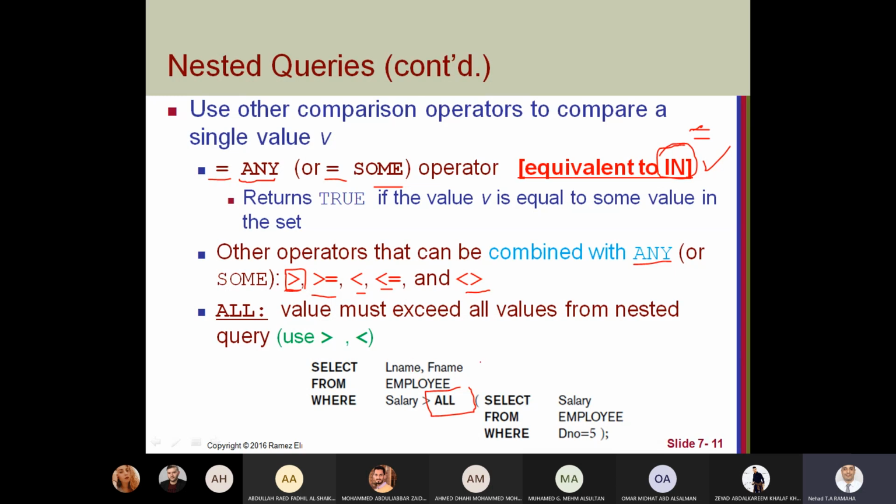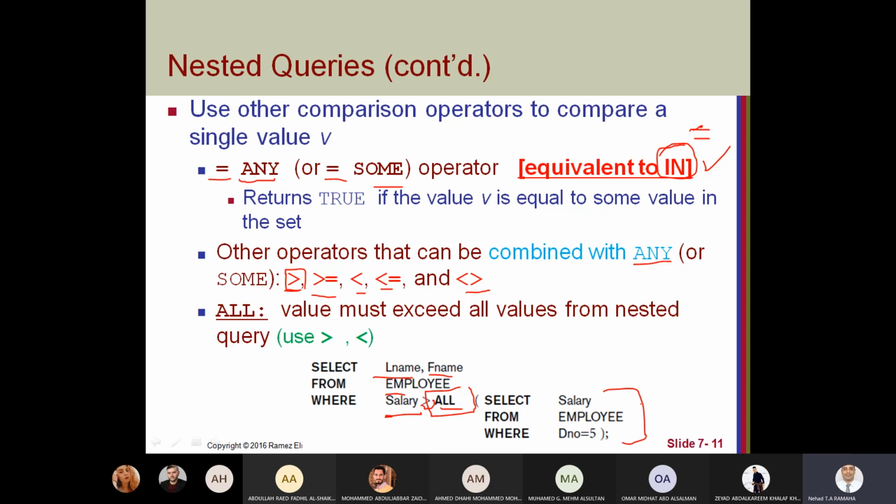For example, if I need first name and last name of an employee whose salary is more than any other employee from department number 5, I need first name, last name from employee where his salary is more than all the values in our query.